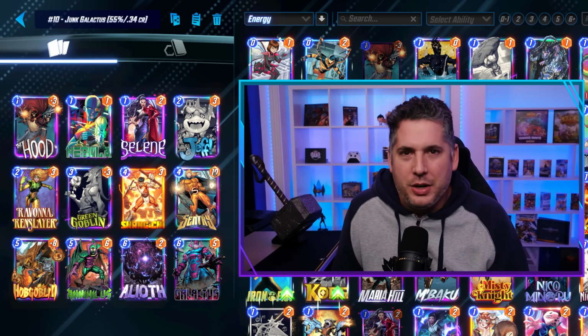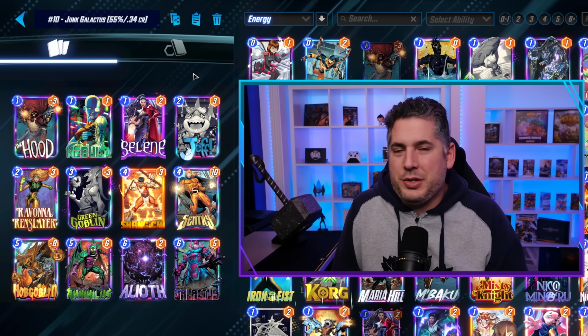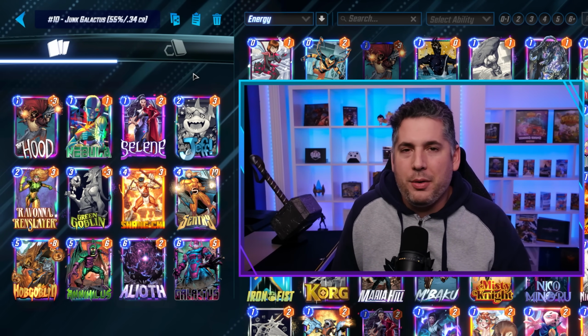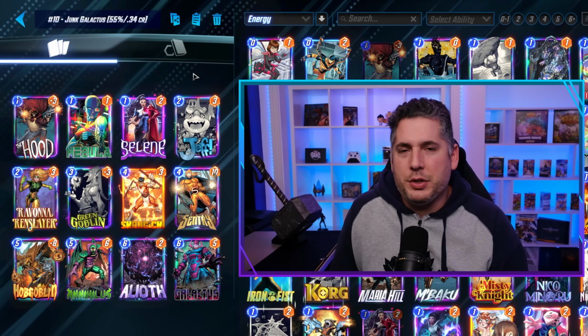Let's get started with deck number 10. We're going in reverse order here, and it is Galactus. The newly changed Selene is in the deck here, going from a -1 power to a +2 power, and ultimately, hey, it feels good. I gotta tell you that I was kind of skeptical of the change at first, because